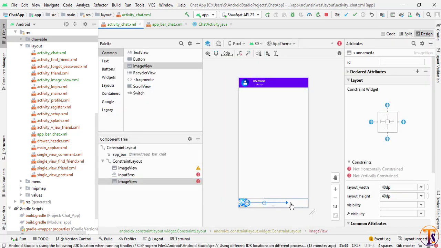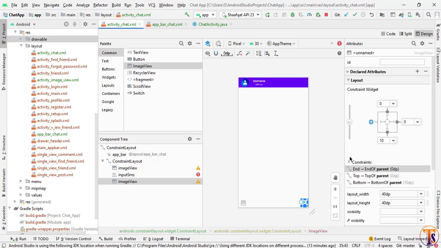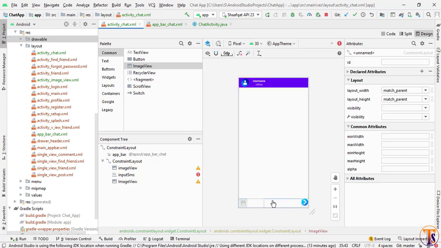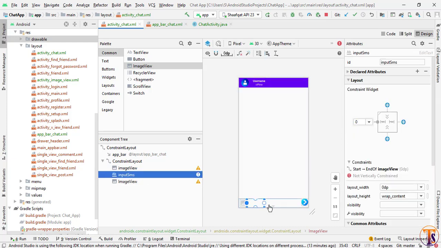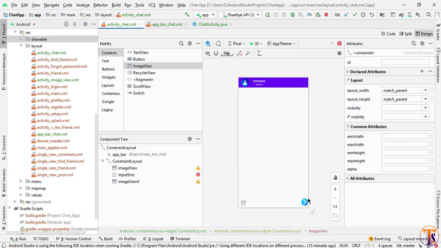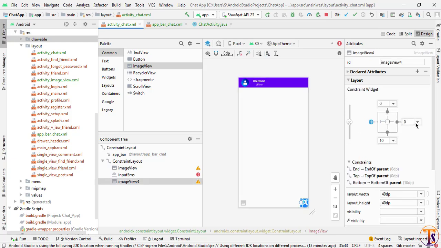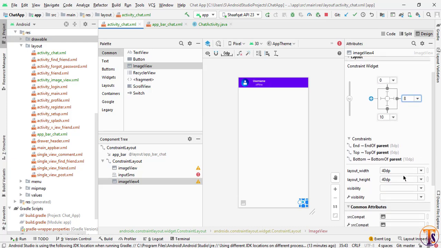So I will simply add the constraint from right, from top and from bottom. Okay, now select this input SMS, and here also we need to add the constraint. Okay, I think we have to add the margin from right, 8 dp, and also we have to decrease the width. So let's say I change it into 30 dp.